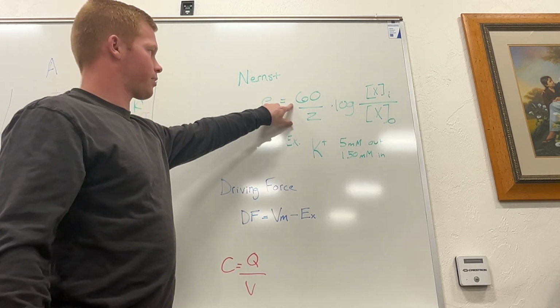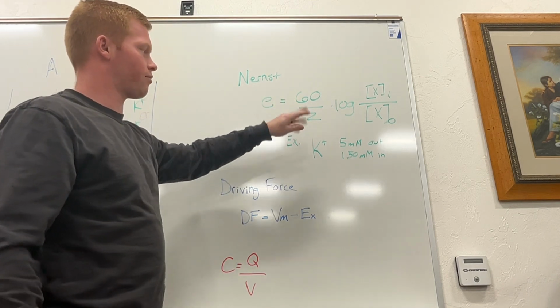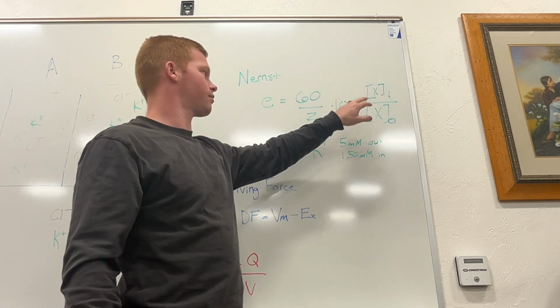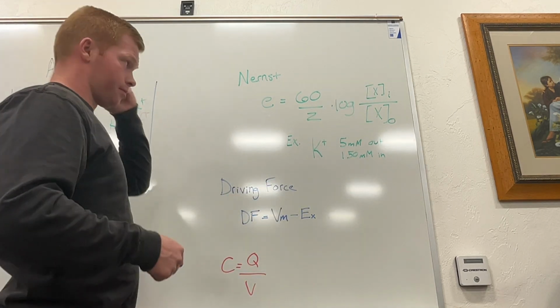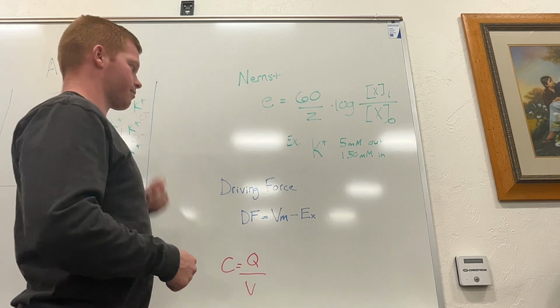You can also write it like this, where this is negative 61.5 over Z log, and that's flipped, but this works too. So this is going to tell us